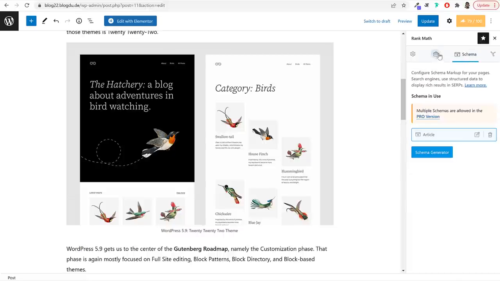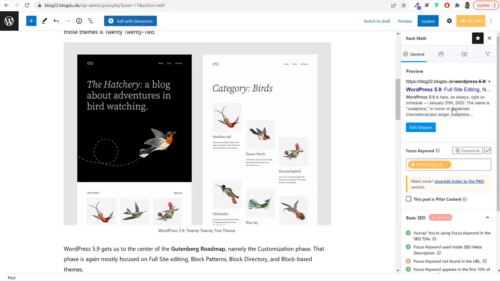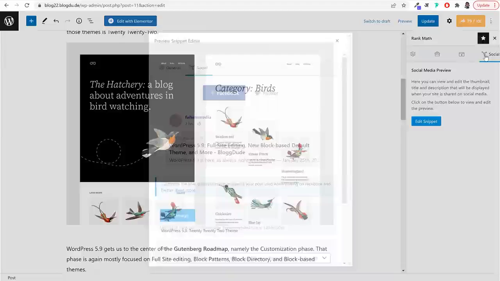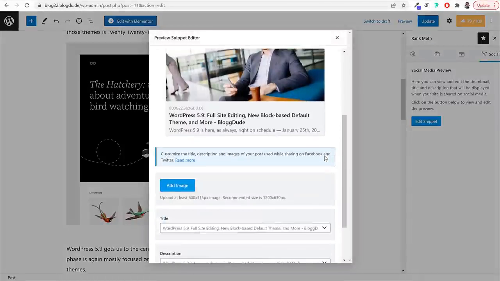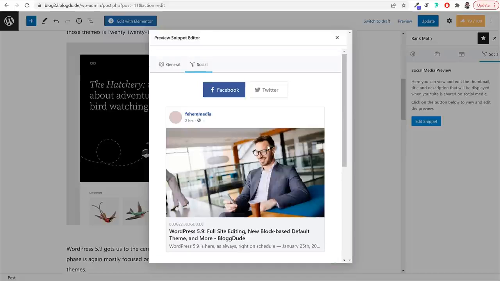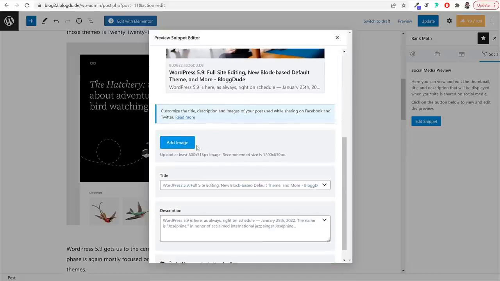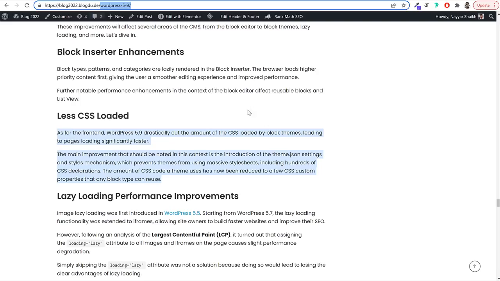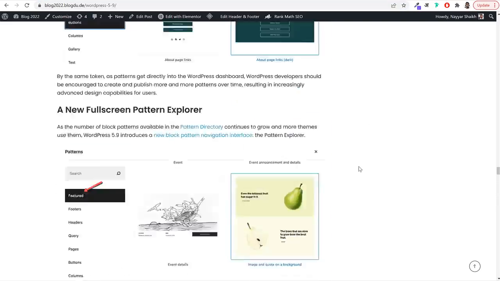We have the schema option, which is available in the pro version, not the regular version. We also have this share option. So if somebody shares this on Facebook or Twitter, this is how it will look, because this is the default image. If you want, you can have a featured image, because we have not yet uploaded the featured image for this